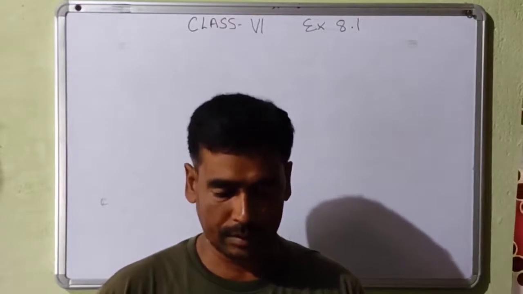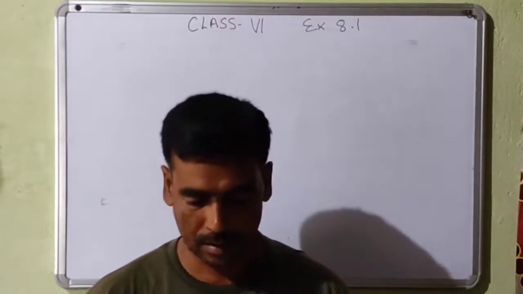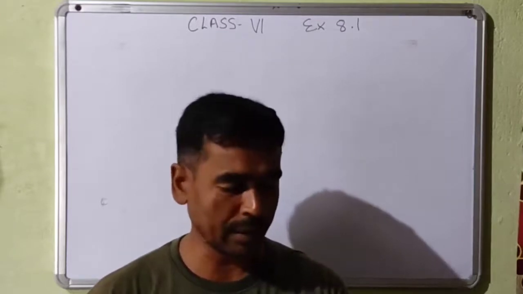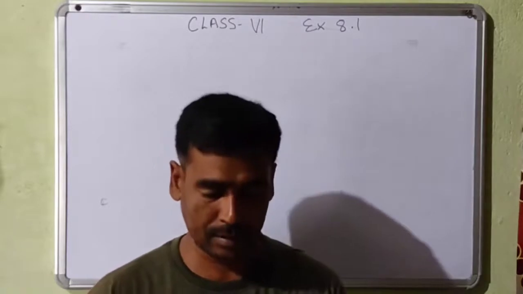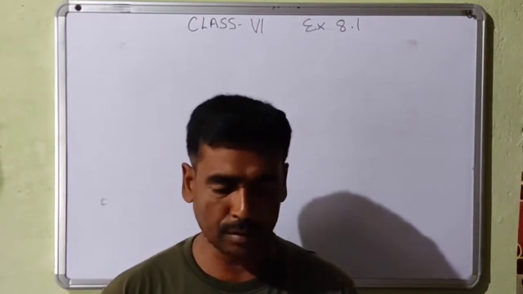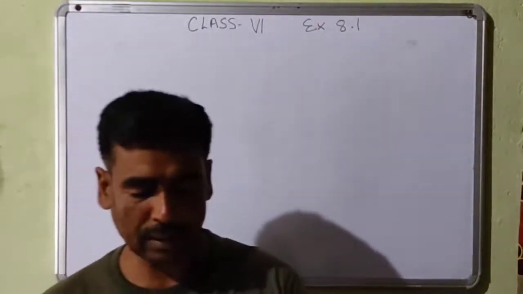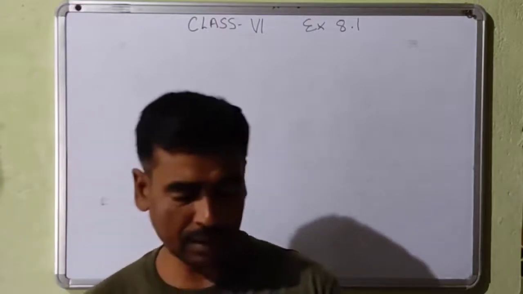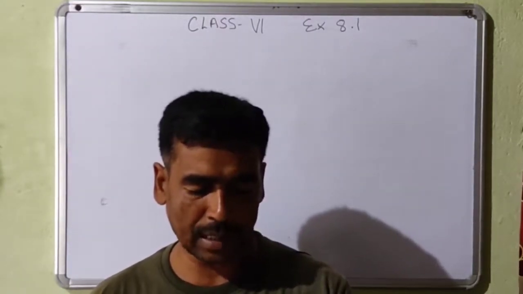Today we are taking chapter 8, decimal. You know that decimal very well. So how will you convert a fraction to decimal or from decimal to fraction? First of all, exercise 8.1, the first question: write the following as a number in the given table.